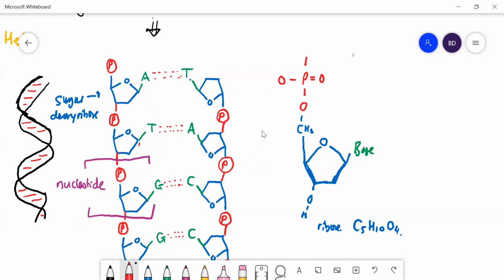Okay, and that's called a phosphodiester linkage there. So, right, that is one nucleotide. Just to show you how nucleotides can polymerize together, if I copy that,